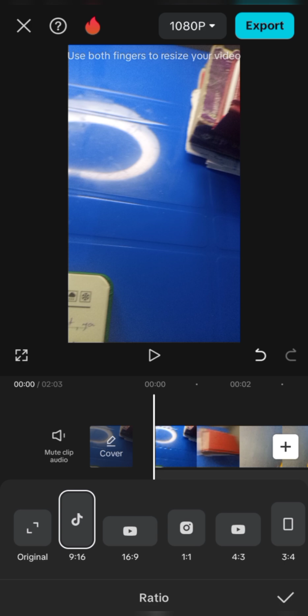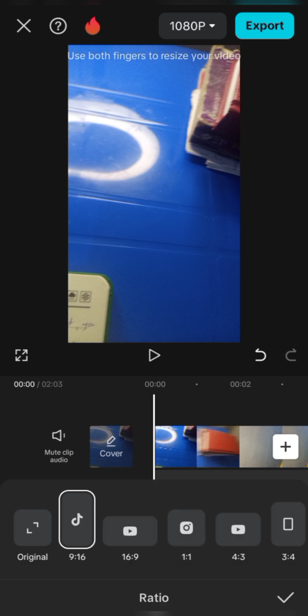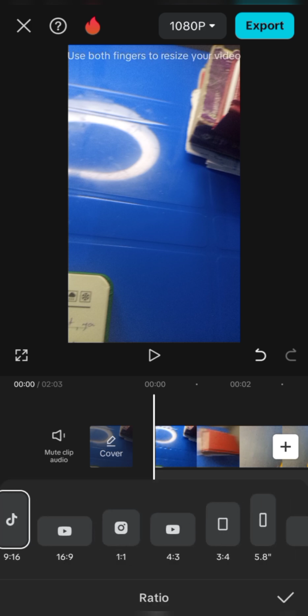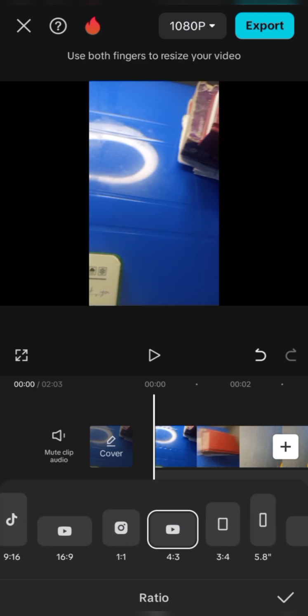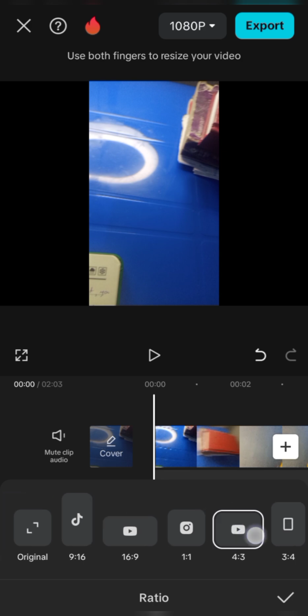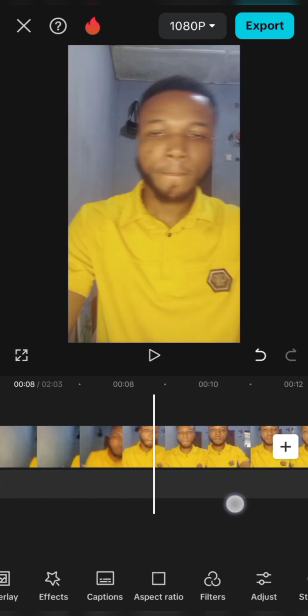Your YouTube Shorts, your TikTok, your Instagram, even your Facebook, all of them make use of this size. So you can see that this video is in the perfect size since it was shot in a portrait version, right? If it is supposed to be a YouTube video, then it's going to be in this particular size here. So we see that this particular video cannot work on YouTube, right? So we have to turn it back to this particular size